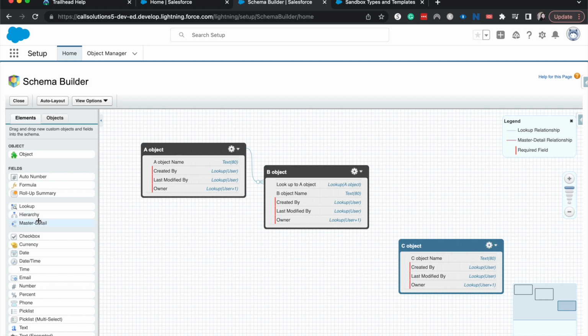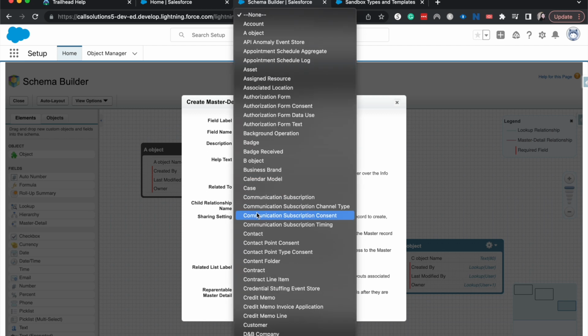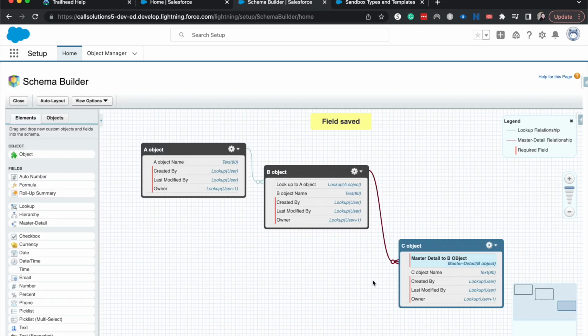I am going to drag the master detail relationship over to the C object, master detail to the B object. All right, and then it's going to show a relationship to the B object. Okay, and then I choose the access and hit save. All right, and again, you can see here in the schema builder, it shows the master detail in red. You can tell which one is the child because it has the three prongs and it looks up to the